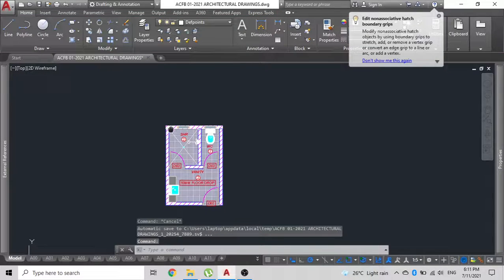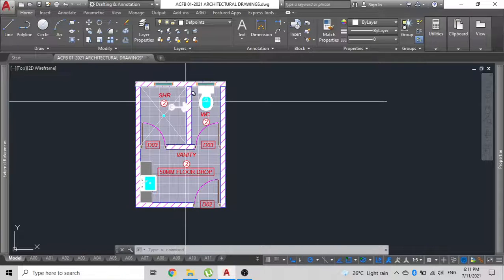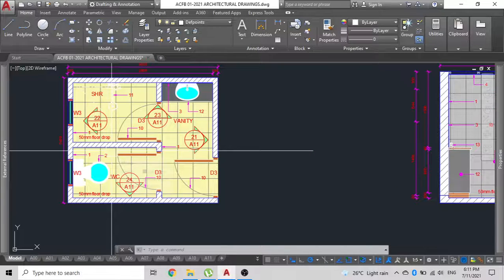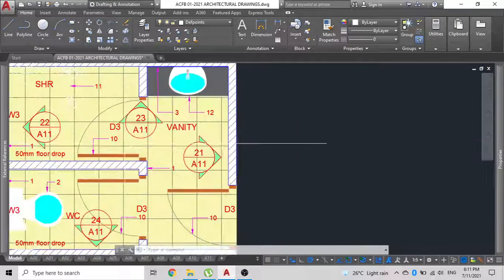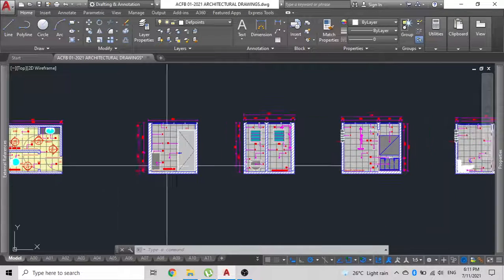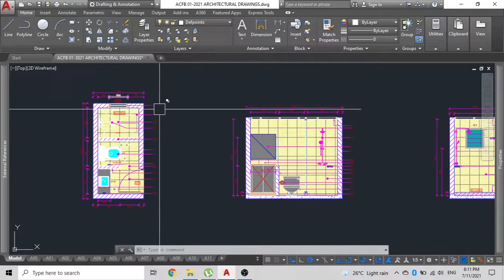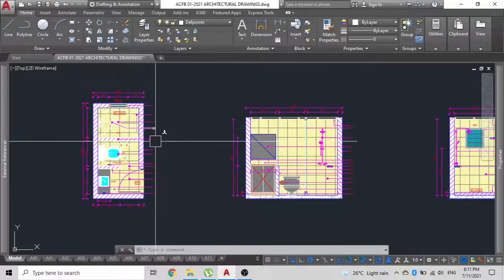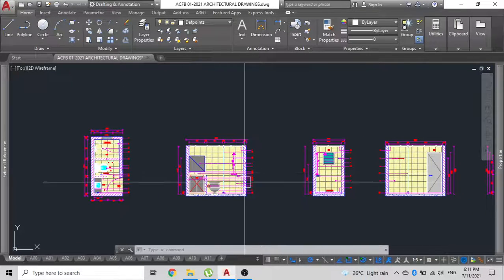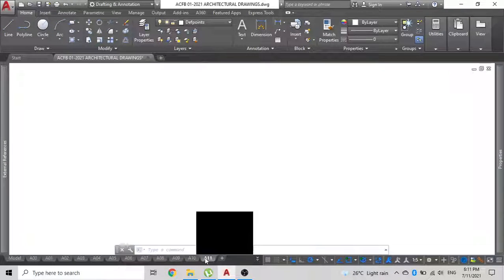Now that you have done that, you will need to detail this. In this case, I have already made a pretty detailed drawing. I have shown all the blocks and other things, so I don't need to, but you might need to. So here you can set up your floor plan as I had shown you earlier. Then you can draw the elevations as I've shown in the other videos. Then number everything using key references as I've shown in the other videos. And then you can do your referencing and make your drawings look a bit tidier. And you can say that you have a fully fledged toilet and bathroom layout plan.